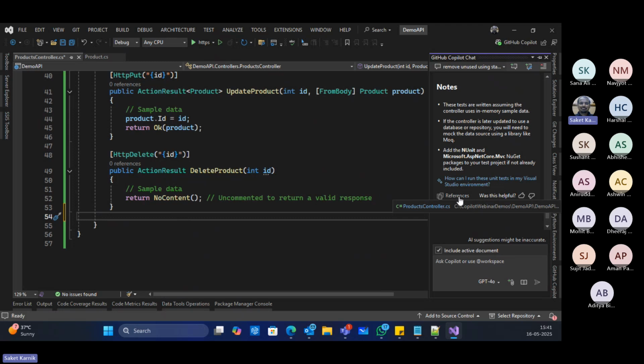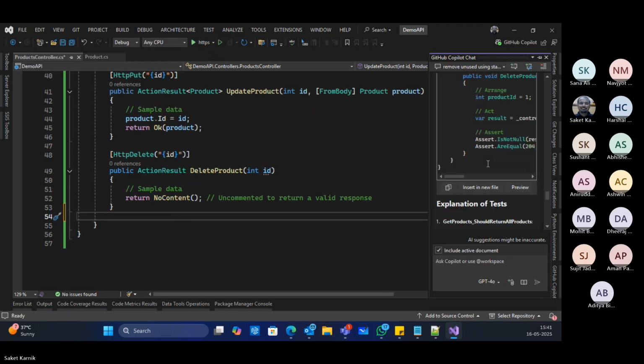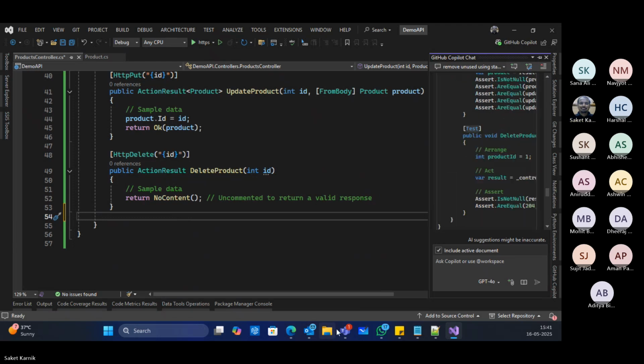You can actually say, yes, okay, this is the file which is being used as the reference here, right? Useful or not? You can use chat boxes as well.